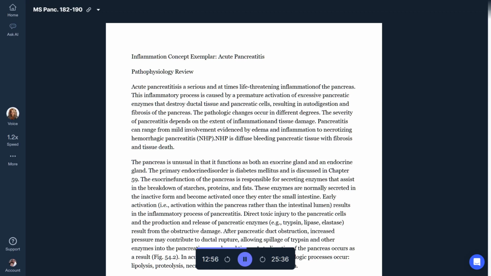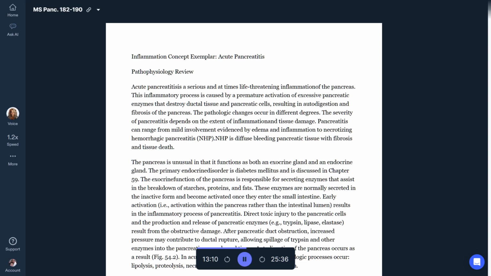Provide reassurance, offer diversional activities such as music and reading material, and encourage visitors to direct attention away from the pain. If pancreatitis was caused by gallstones, an ERCP with a sphincterotomy may be performed on an urgent or emergent basis. If this procedure is not successful, surgery is required. ERCP is described in detail in Chapter 48.